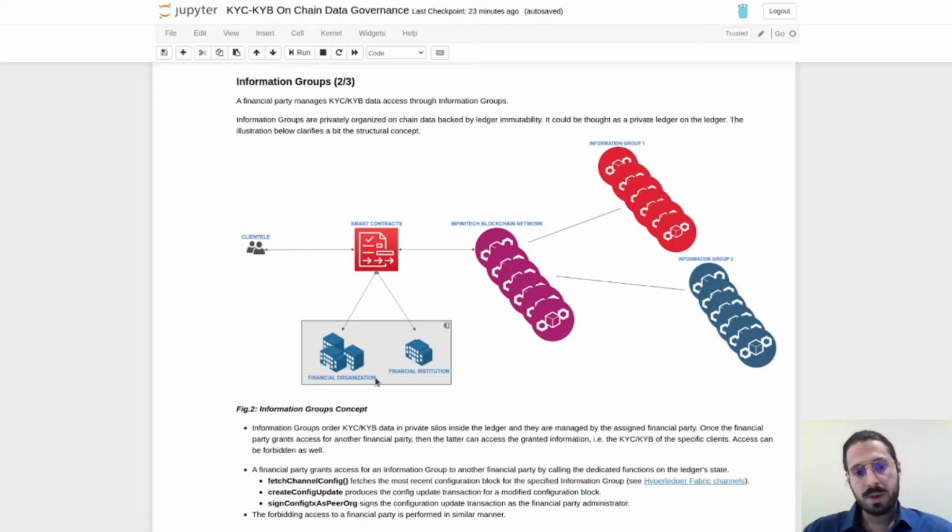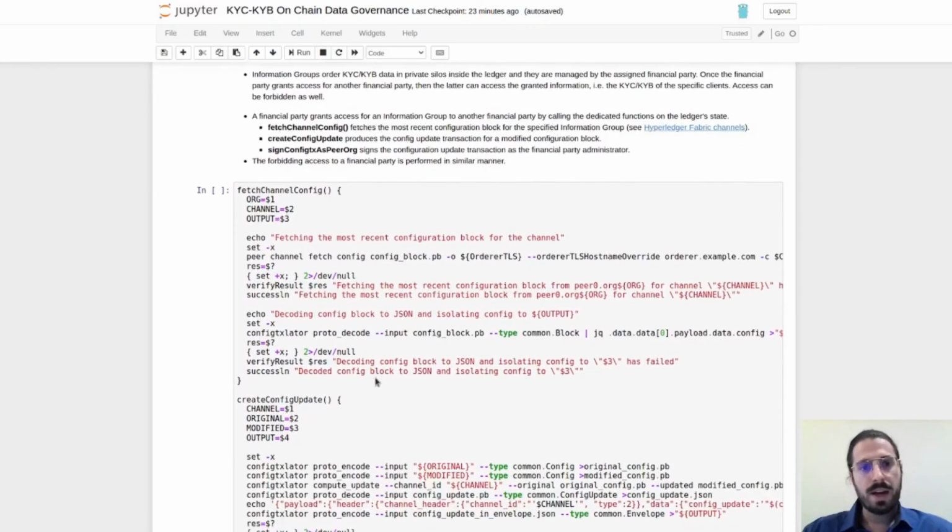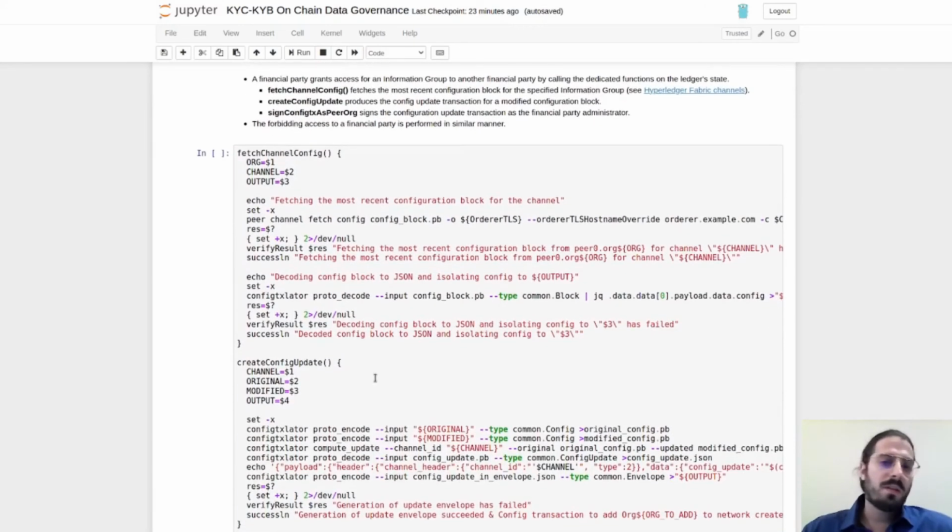So in this information groups concept, we also have the practical functions that they execute, and they are signed transactions and approved transactions on the ledger, and they modify this kind of visibility that we just described.